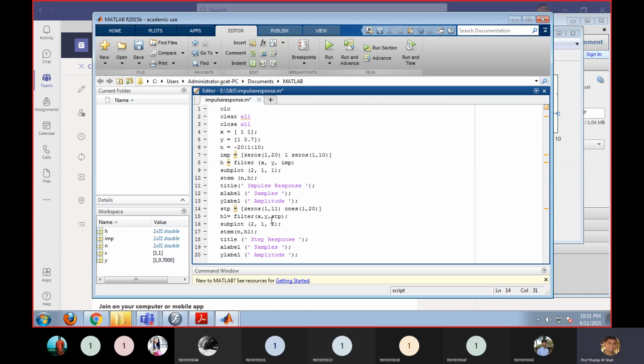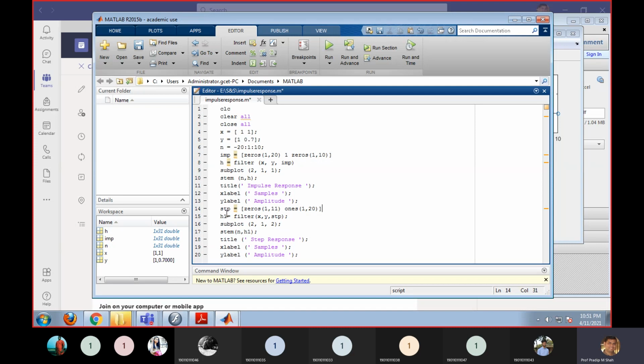The system is not changed, so I'm using the same coefficients x and y. I'm just changing my input from impulse to step. Now I'm going to apply the step signal as the input.